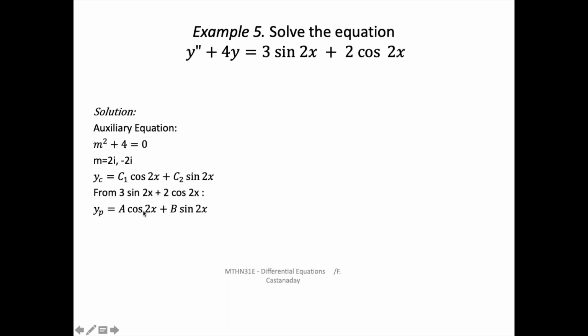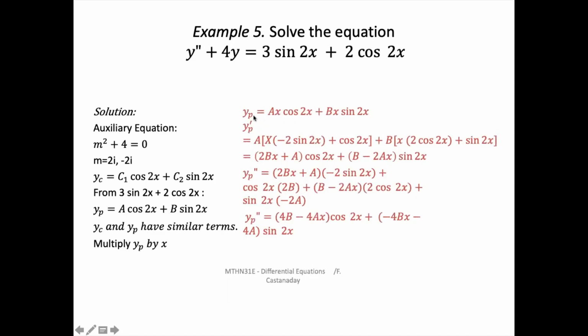Okay, and this y sub b should satisfy the given equation, so we need to differentiate this one twice because of the second derivative here. But take note, y sub c and y sub b have similar terms. So what you will do is to multiply y sub b by x so that there are no similar terms if we compare y sub c and y sub b. So after multiplying y sub b by x, we have ax cosine of 2x plus bx sine of 2x. And then we differentiate this one. So y prime sub b